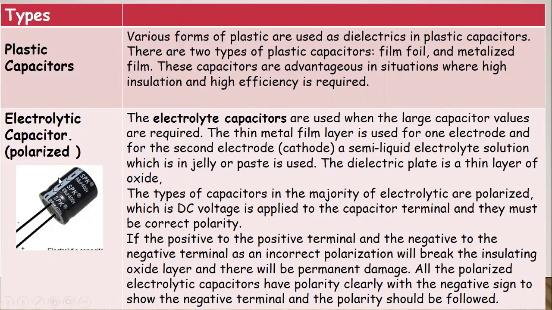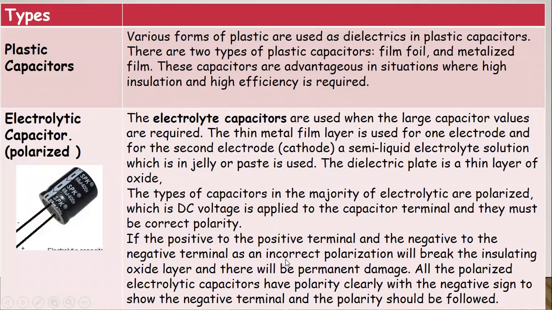You can see that the negative side is written over here, and it is a clear sign that this lead must be connected to the negative terminal of the battery. This is the negative terminal of the capacitor, and this should be connected to the positive terminal. Positive must be attached to the positive terminal, negative to the negative